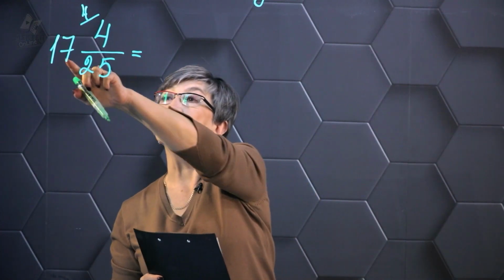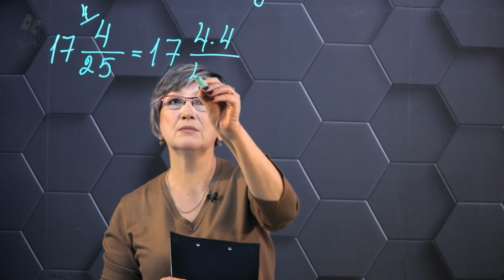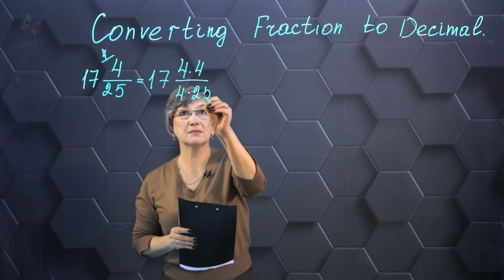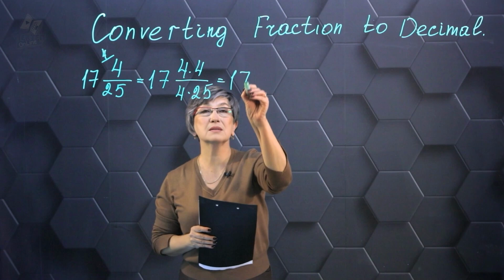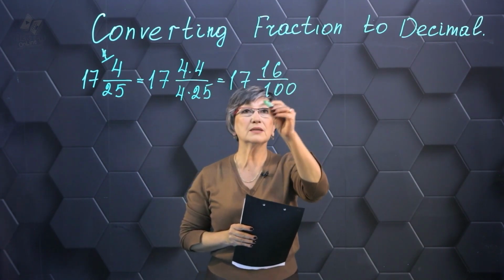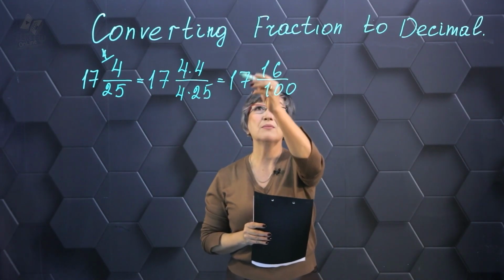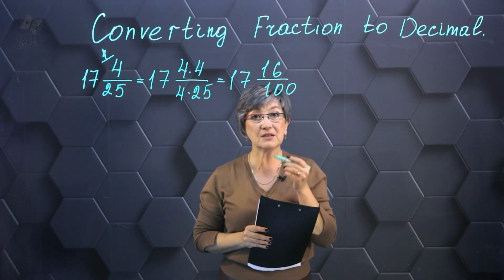And now the 17 whole we write down unchanged. Next we multiply the numerator by 4. 4 times 4 is 16. We get 17 16/100. And now the denominator is 100, and we can write this mixed number as a decimal. We write down